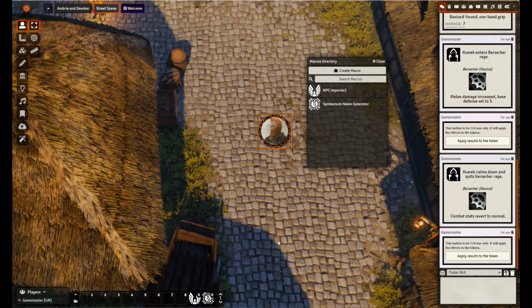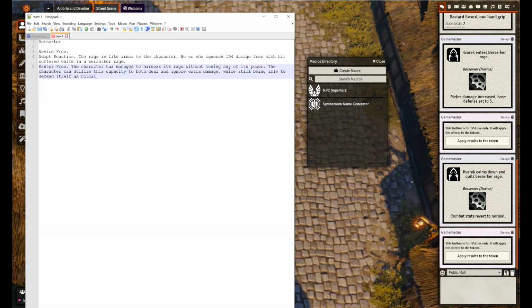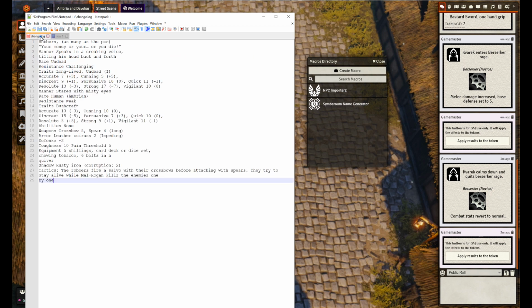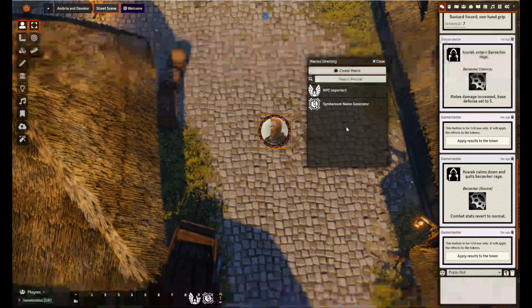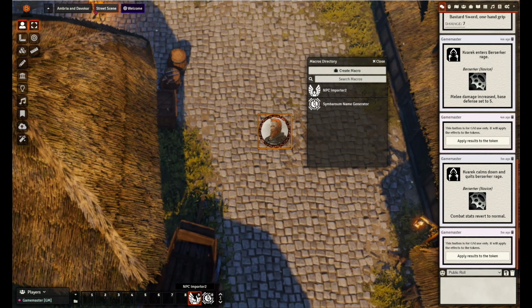Right, and the other one is even more useful. So if you have the stats block from a character, and I've taken one here from the Chronicle of the Copper Crown, which was robbers, I've just copied them across here. Copy the whole thing. I'm not removing anything, I'm not reformatting it in any way, it's just as it would come from the rulebook. Click on your NPC importer, paste the information in there, Control V, and what you get